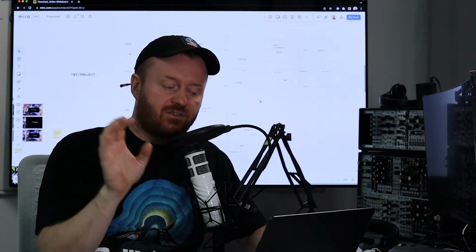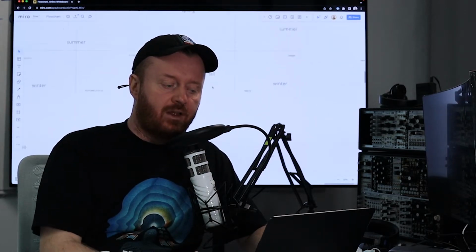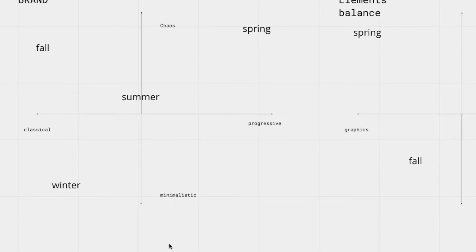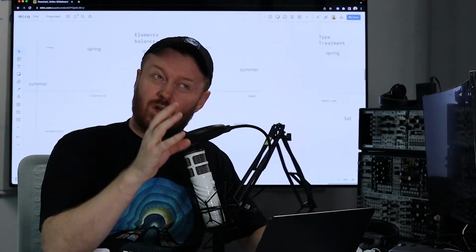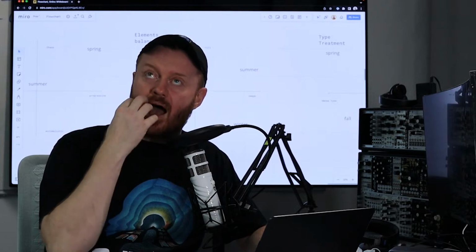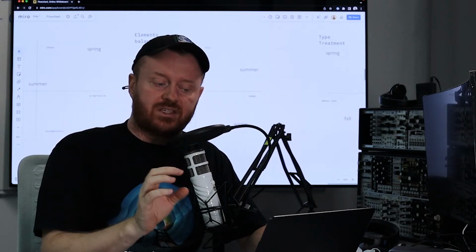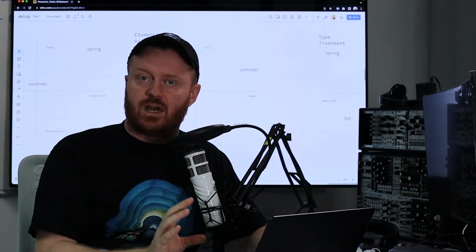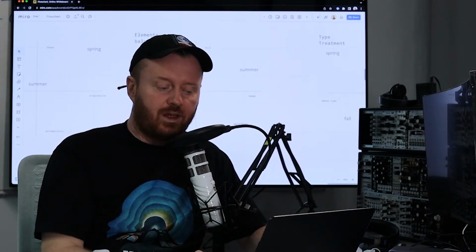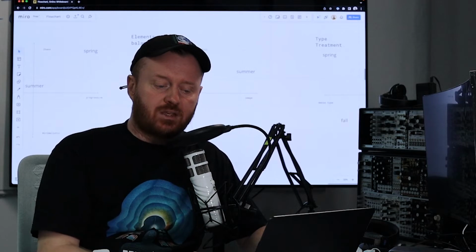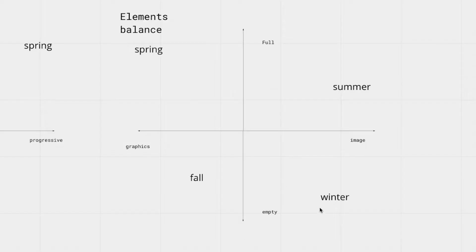a series of axes, right? So we have, in this case, chaos versus minimalism, classical versus progressive, and we're moving these elements around like, well, actually this is more chaotic. And we actually adjusted these as we went. As the design started to take shape, I realized like, oh, actually, no, this should be more minimalistic, or this needs to be more classical feeling. And so there was a rebalancing as we went, but we started laying these out